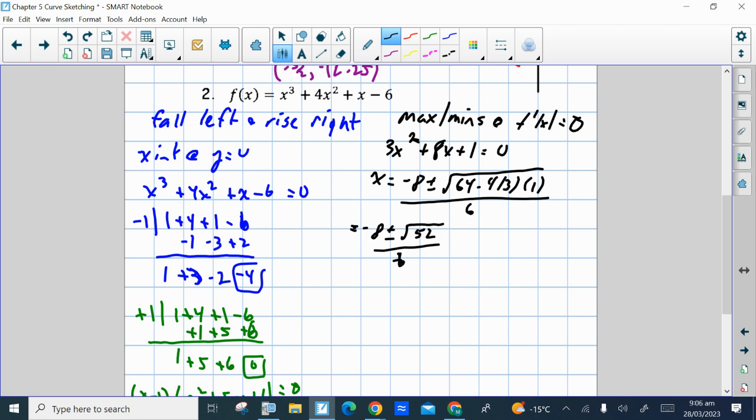To do that, we have to write it as a mixed number, which we can do. Root 52 would be root 4 times root 13, or 2 root 13. And now we can divide everything by 2. We'll get negative 4 plus and minus root 13 over 3. Which, if we get as a decimal, because we want to graph it, it'll be approximately at negative 0.131 and